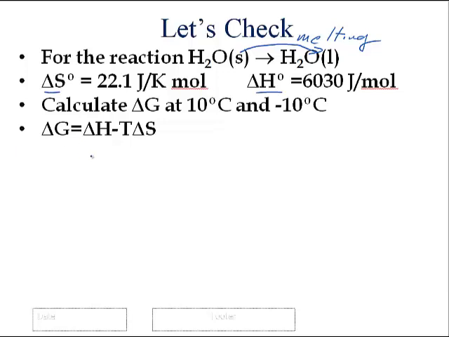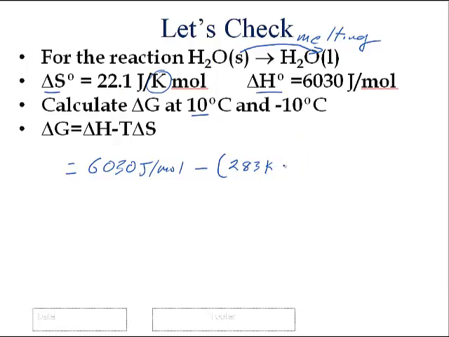So they give us some numbers, so I'm just going to plug it in real quick here. I've got 6,030 joules per mole, right? And I'm going to subtract that from a temperature of, we're going to do 10 degrees Celsius first. Now remember, look up here. Notice our unit is in Kelvin, right? So we can't use Celsius. So let's go ahead and add 10 to 273. So I get 283 K, and I multiply that by this